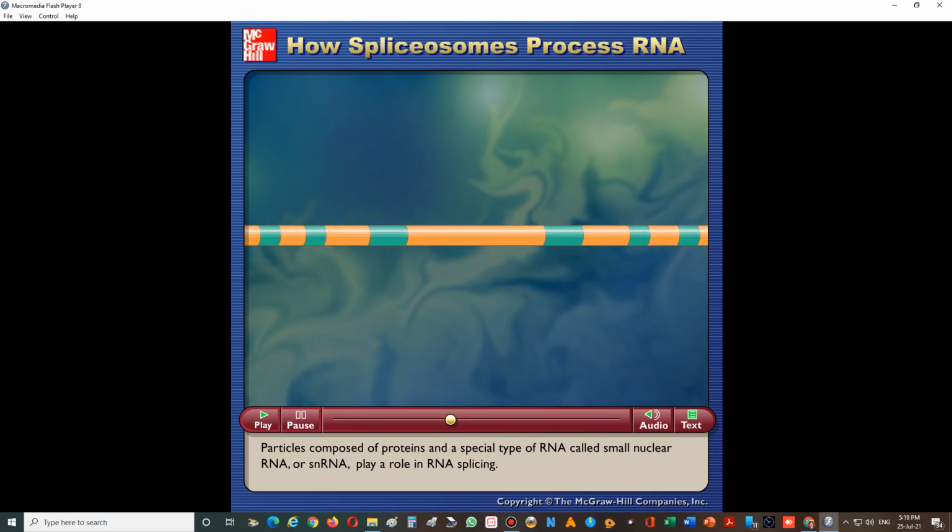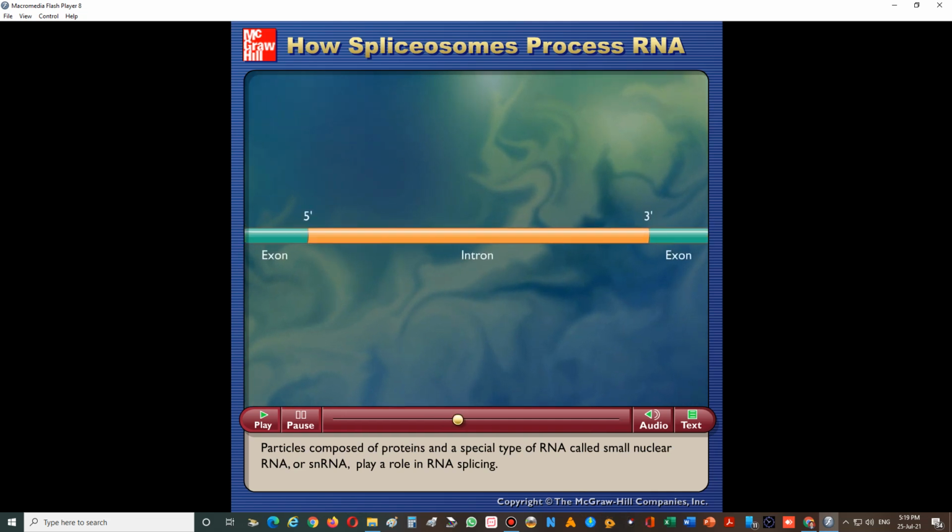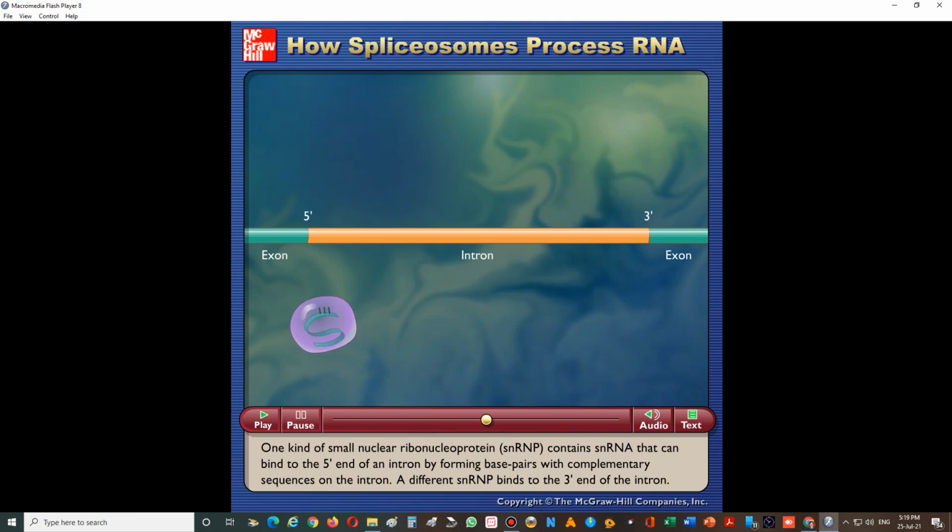Particles composed of proteins and a special type of RNA called small nuclear RNA or snRNA play a role in RNA splicing. One kind of small nuclear ribonucleoprotein, snRNP, contains snRNA that can bind to the 5' end of an intron by forming base pairs with complementary sequences on the intron.